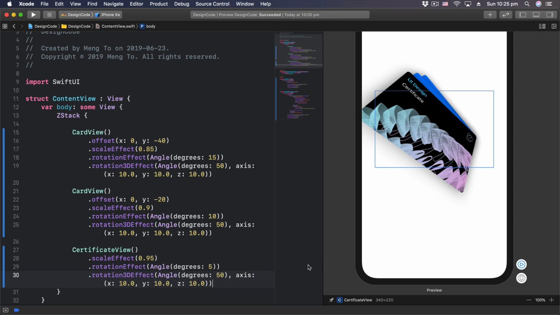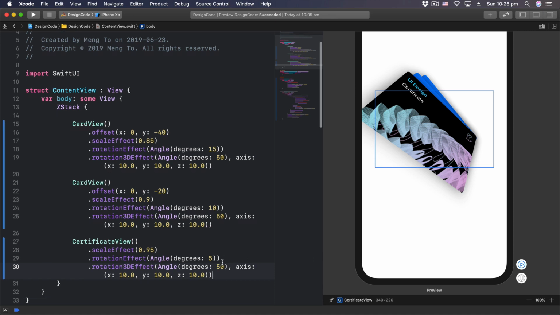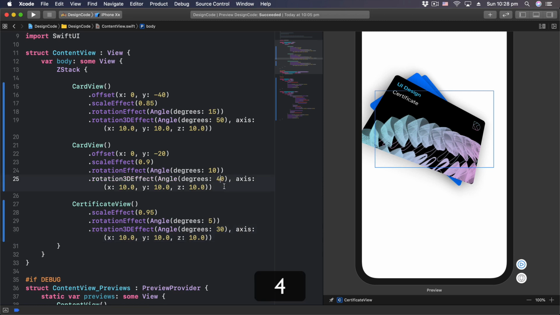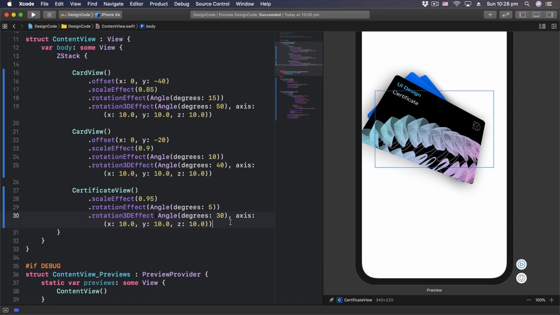But first, let's just moderate our values a little bit. Here we have a degree of 50. We're going to set 30, then 40 for the second one, and 50 is fine here. Finally, I want to show you how to do blending modes, because I think blending modes can be really useful, especially because in design tools they have been around for decades already. And it's only now that we're starting to use that in CSS, but now we're going to start using that